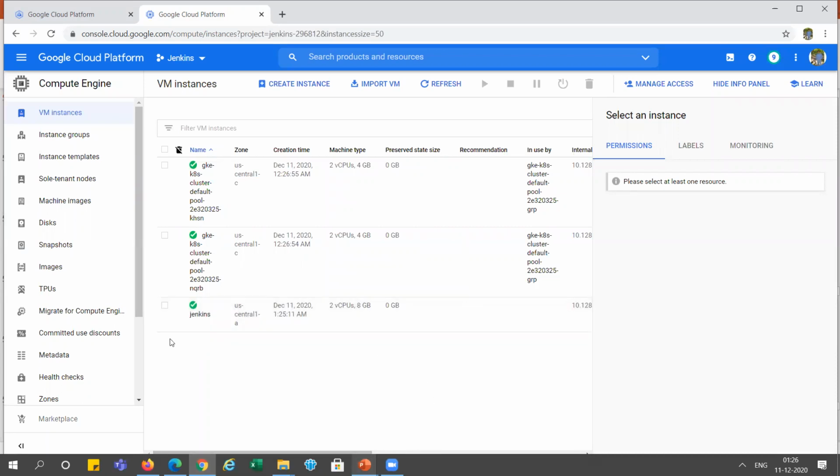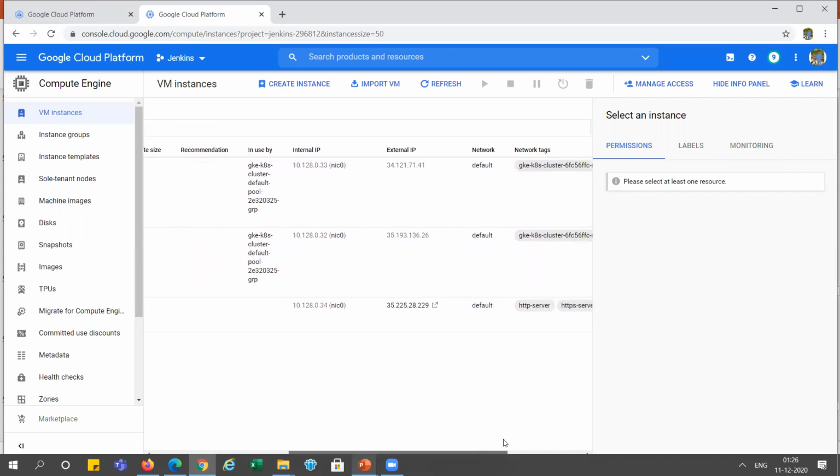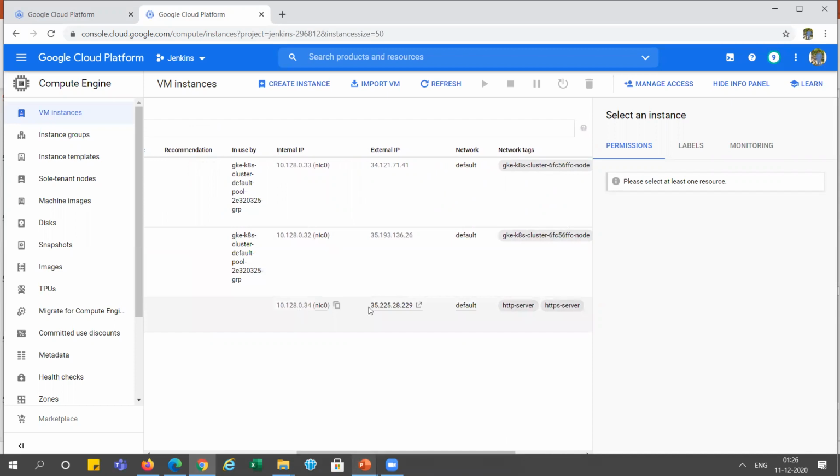I think Jenkins is created, and we got the internal and external IPs for it.